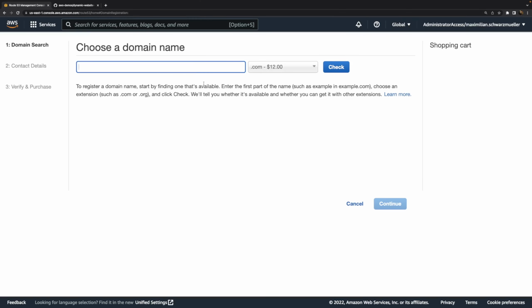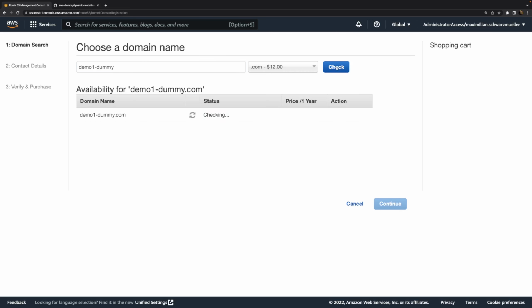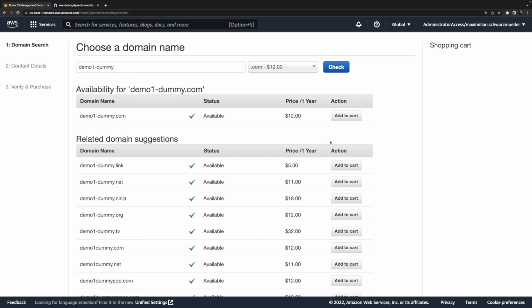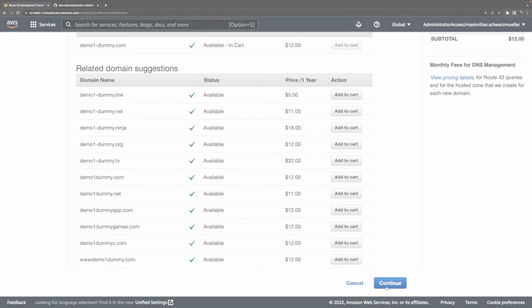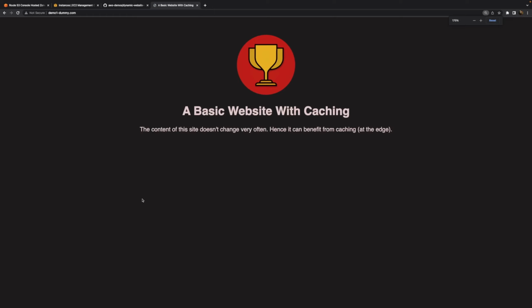Typically though, if you do, for example, run a web server on an EC2 instance or with help of other AWS services, then you want to have your own custom domain attached to it. And not just that, you also want to optimize performance and delivery. You want to make sure that people visiting your website from different places on the world can all see your website as quickly as possible.